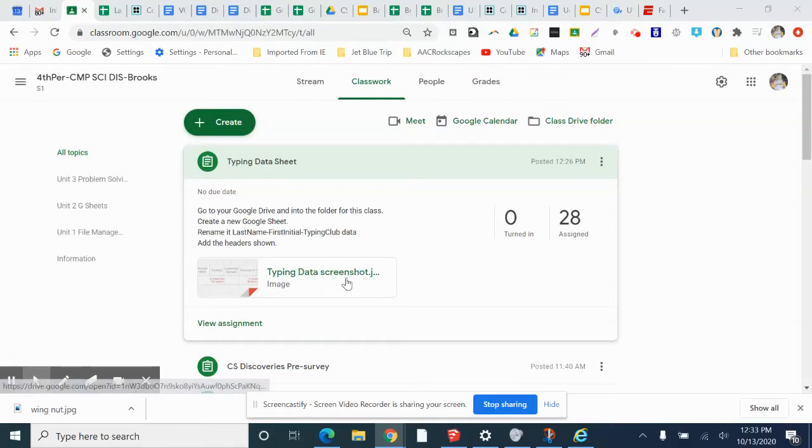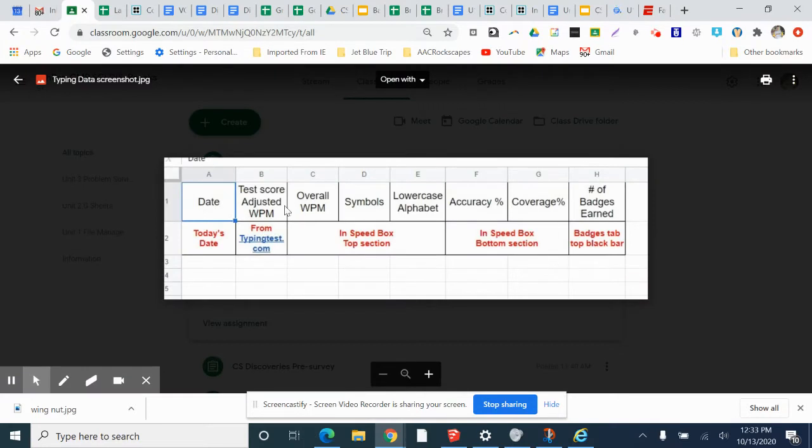Hey all, we're gonna make a typing data sheet today. So what you're gonna end up making is a sheet like this here. It's gonna have information on it: date, test scores, overall words per minute, symbols, lowercase alphabet, accuracy percentage, coverage percentage, and a number of earned badges, and then some other information below it